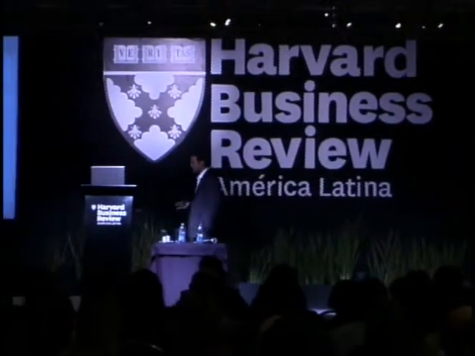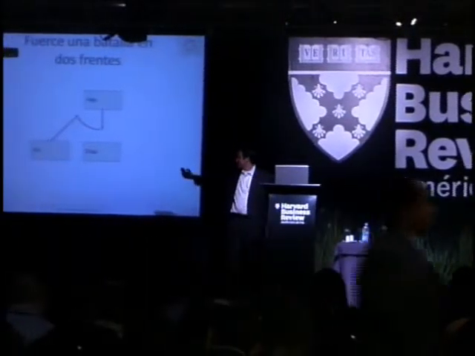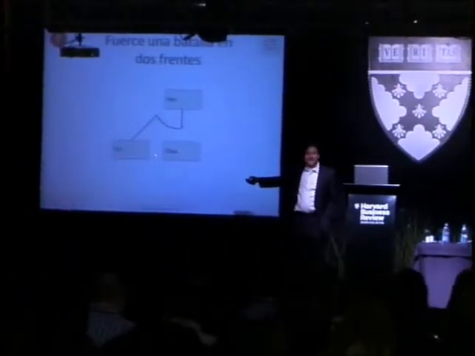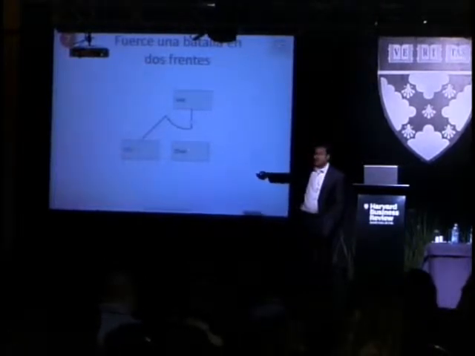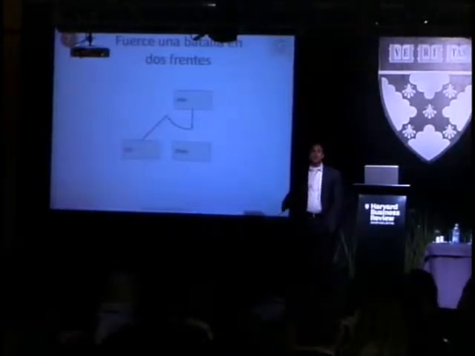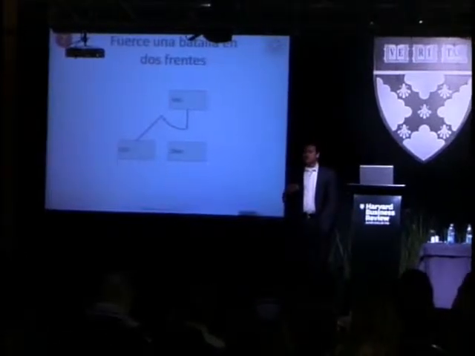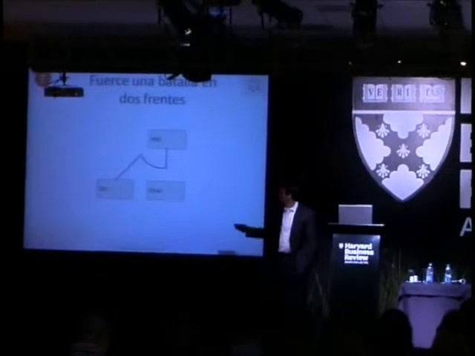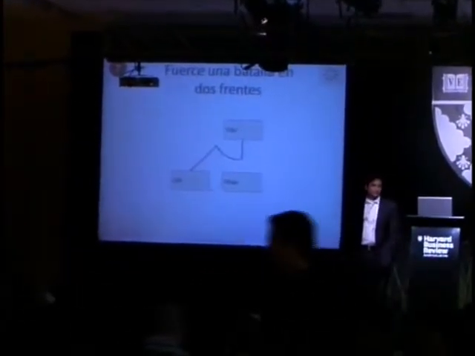There's a state called Zhao. And Zhao is being attacked by another state called Wei. Wei is on his way down to attack Zhao, and Zhao knows that they don't have the power to defend themselves. So they ask an ally for help. They ask Qi to help them defend themselves.